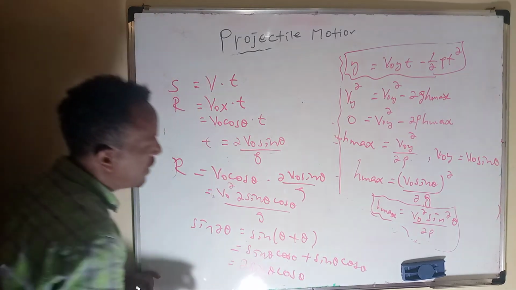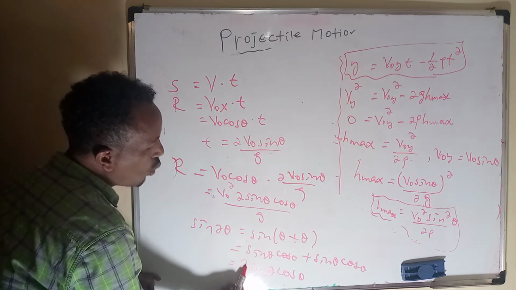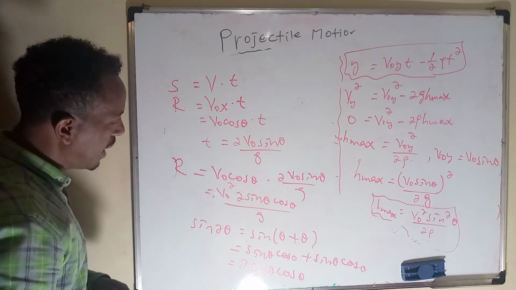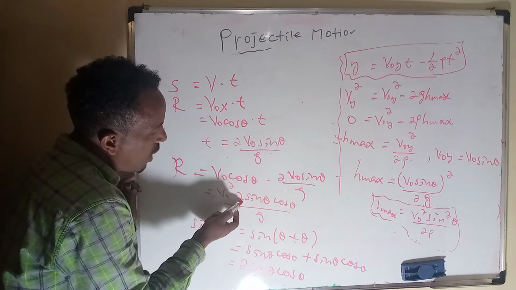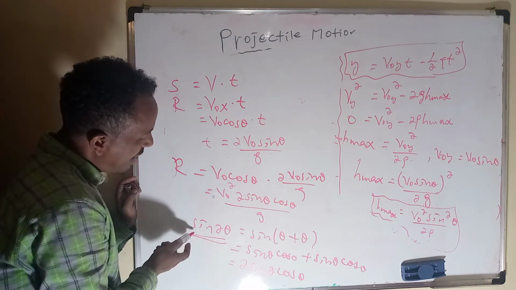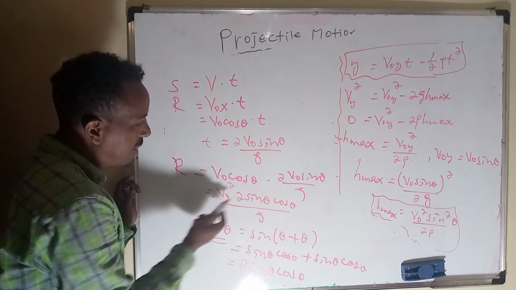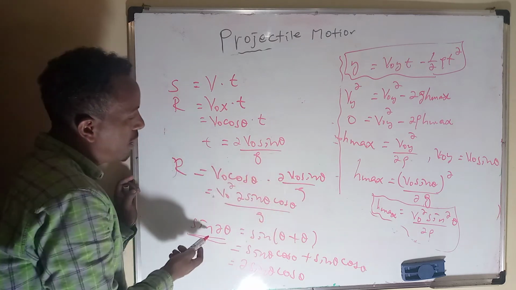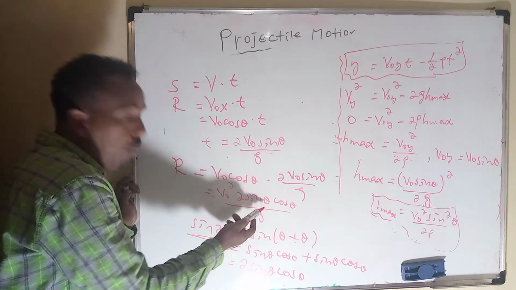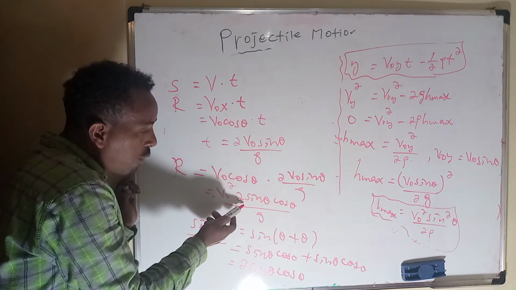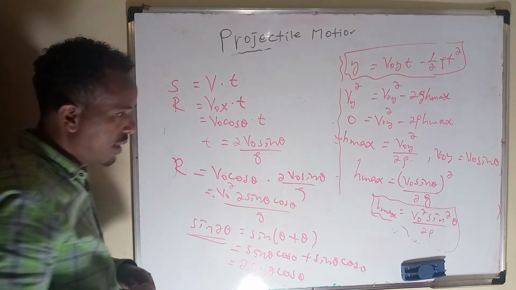Because this is sin theta cos theta and this is also sin theta cos theta, we can add them. So twice of sin theta cos theta is sin of 2 theta, and it is possible to substitute it here. Therefore